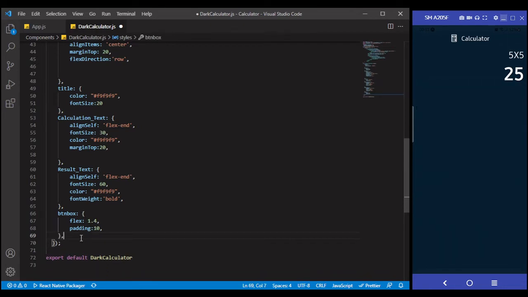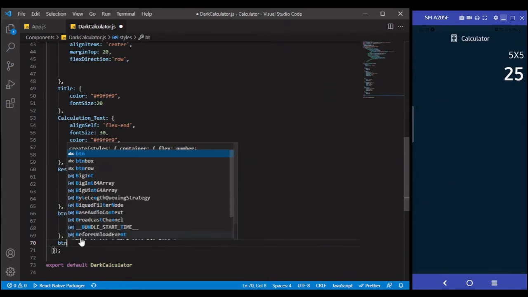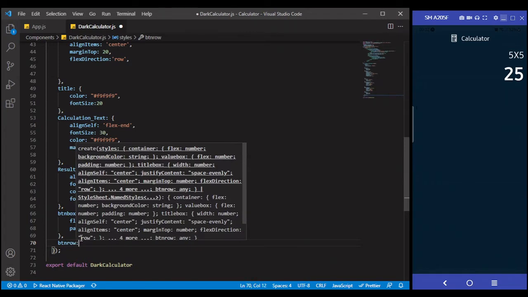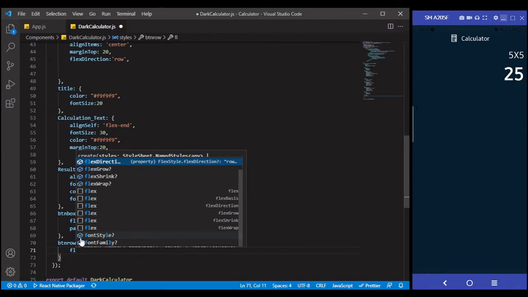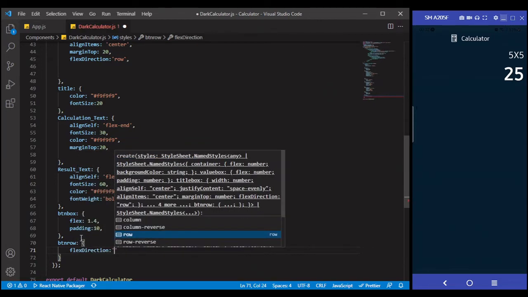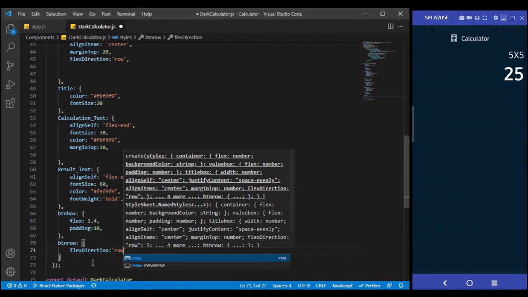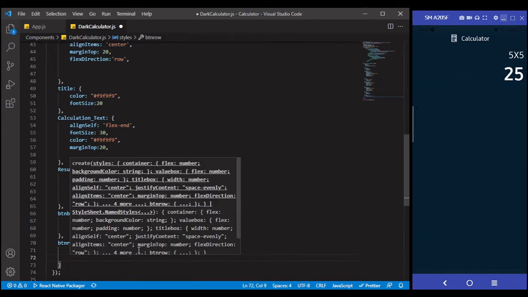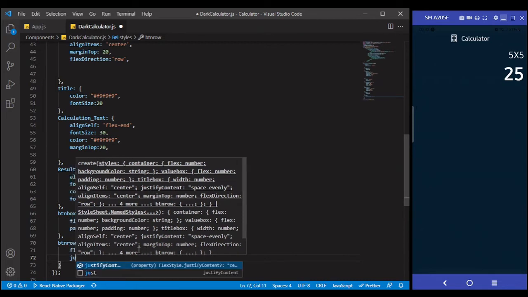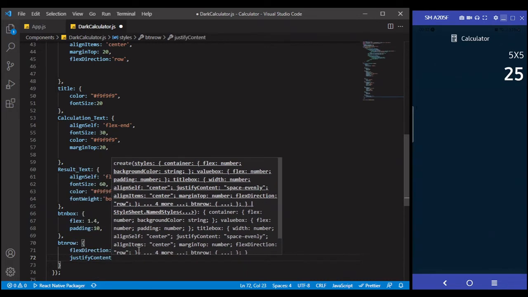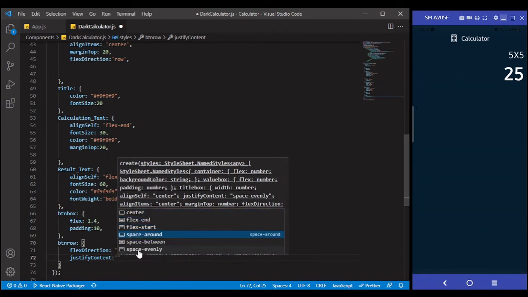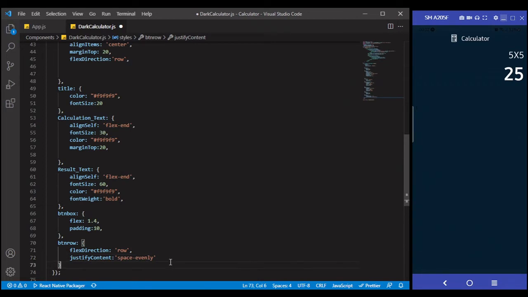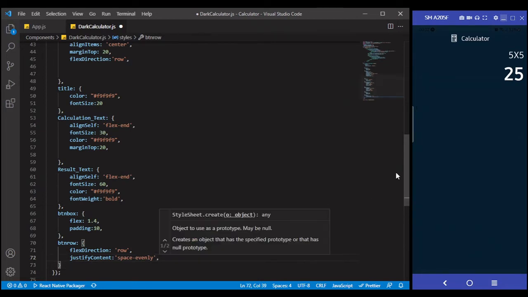Here, we need to add BTN, BTN row. So here we have flex section as the next flex section will be row, and then we're gonna add justify content. I will choose space evenly because it's the easiest method if you want to maintain an equal space between